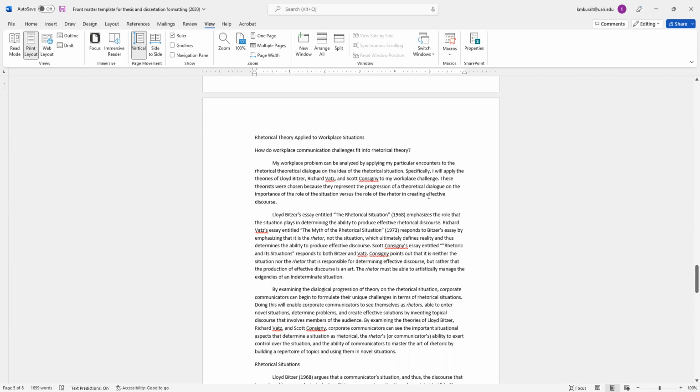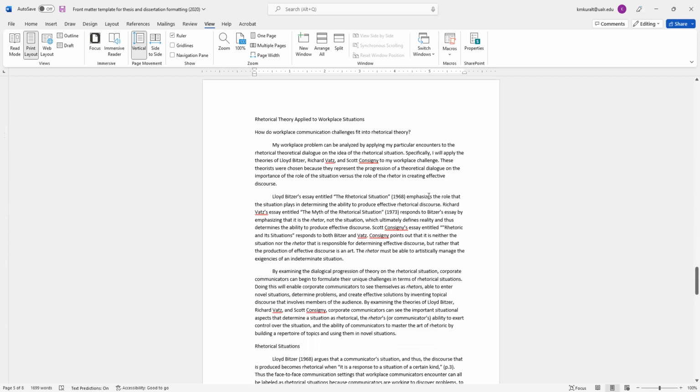All right, so once you get past the abstract, I've now simulated a thesis with some paragraphs and some headings, and I formatted it the way that many word processors do automatically, and we're going to talk through the kinds of changes that you need to make to get this set up for your formatting process. Let me stop this share for a moment and go back to the thesis formatting handout so I can give you an overview of what we're about to do.